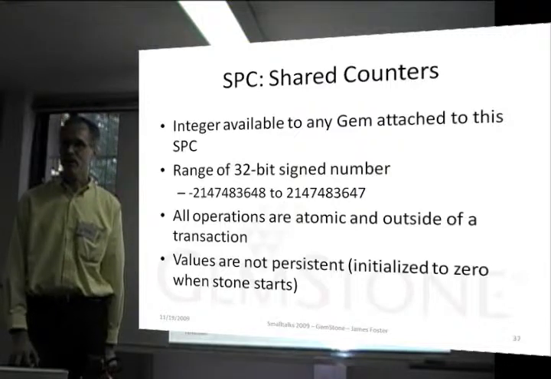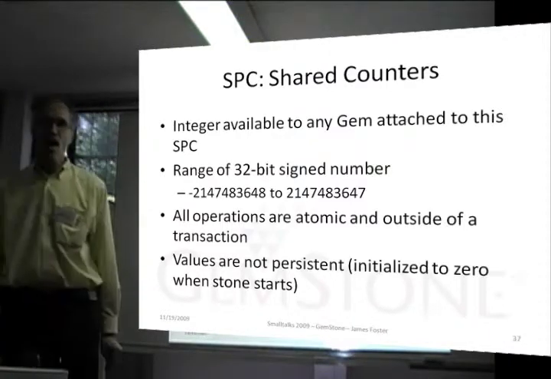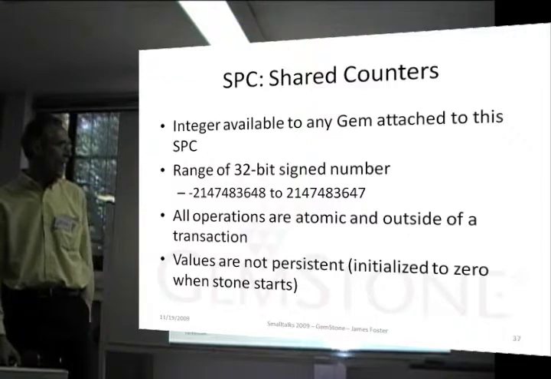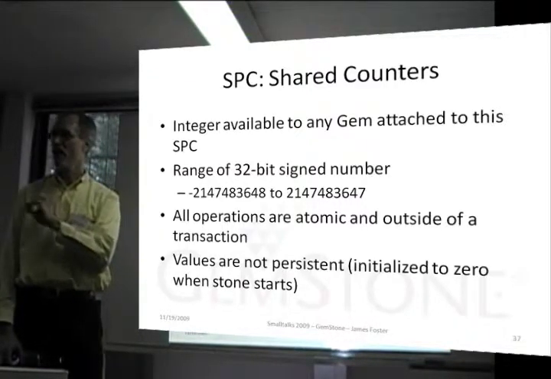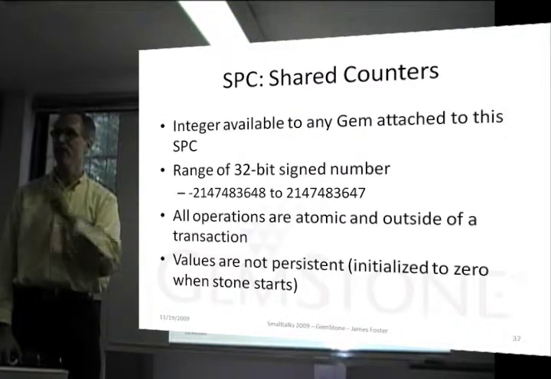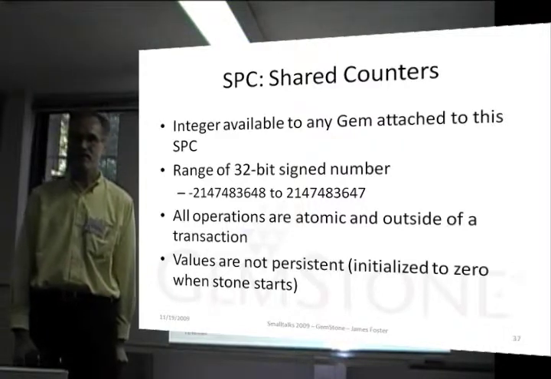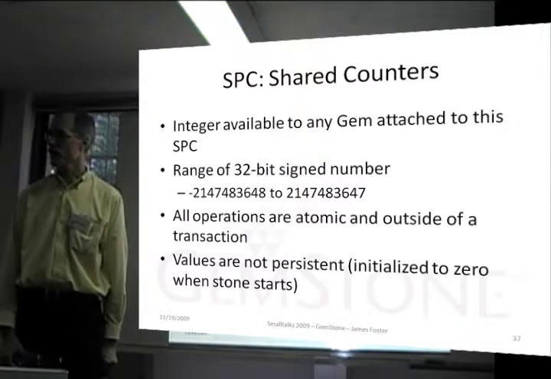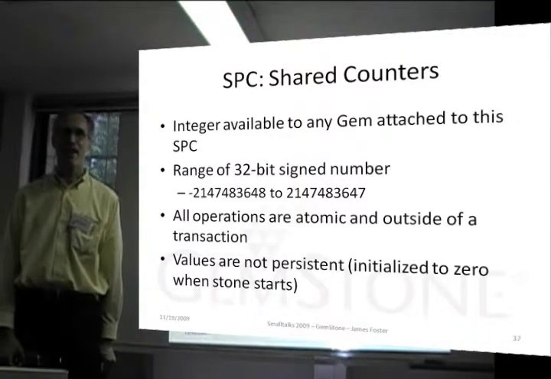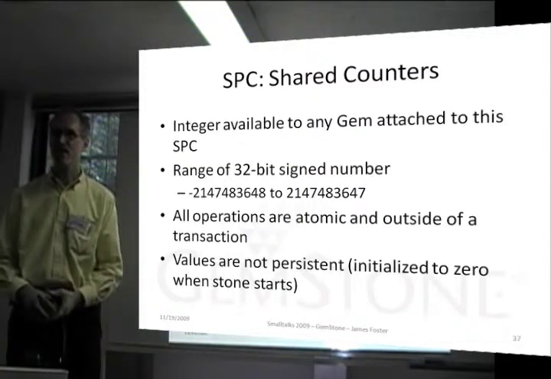Counters: an integer available to any gem on this host that's connected to this shared page cache. It's a 32-bit number. All operations here are atomic outside of a transaction. So you can increment a counter in one virtual machine, in one gem, and look at the value and it'll be immediately visible in another. However, since these are stored only in the shared page cache, they're not persistent. So each time the system starts, they're initialized to 0,